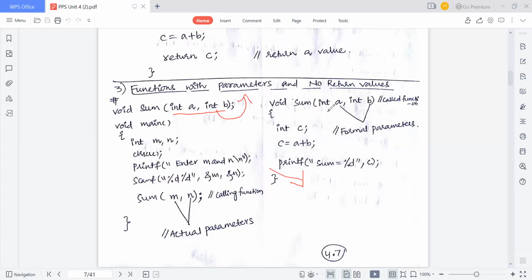That's why this is a no return keyword. So here, what is going to be happening? int sum, this is void sum(int a, int b), and void main, execution of the program starts with main, and int m, n, clrscr, printf enter m, n, and scanf. Suppose I entered values 10 and 20. Okay, 10 and 20. Sum of m comma n is equal to sum of